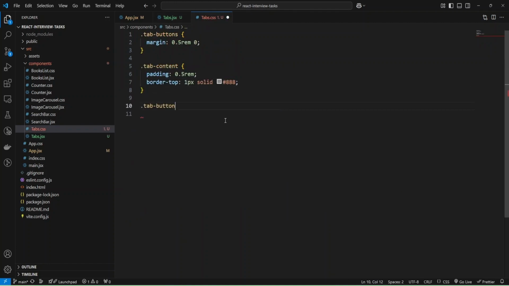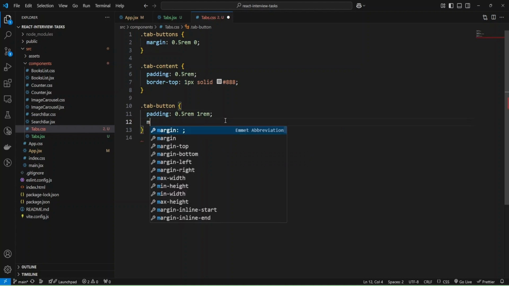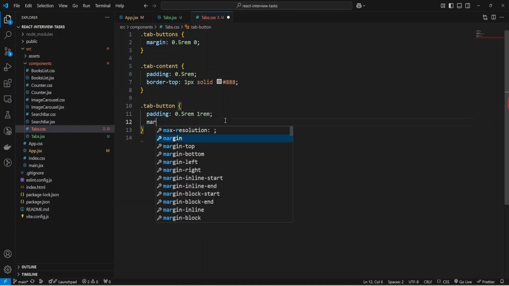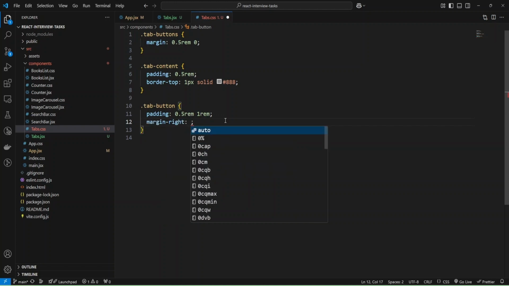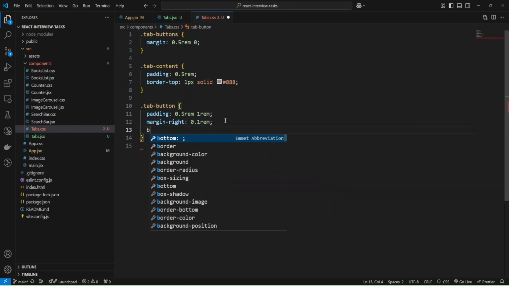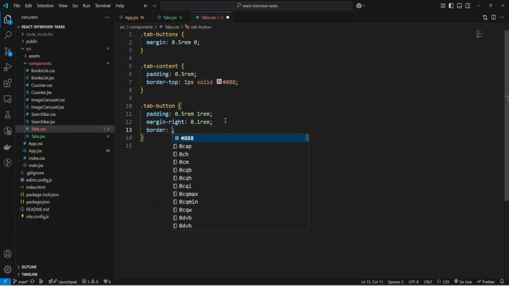Okay, and for button let me add padding like 0.5 rem and 1 rem for left right, and also let's add margin right and 0.1 rem, and also we can add some border like 1 pixel solid transparent, and let's make cursor pointer.